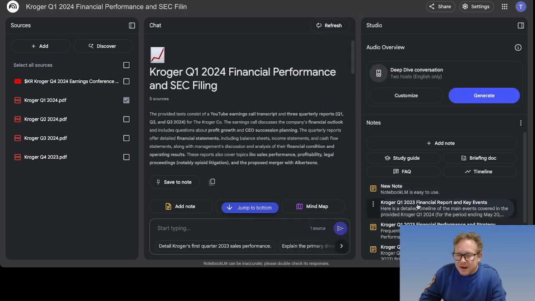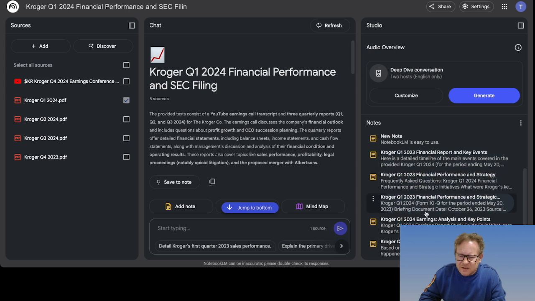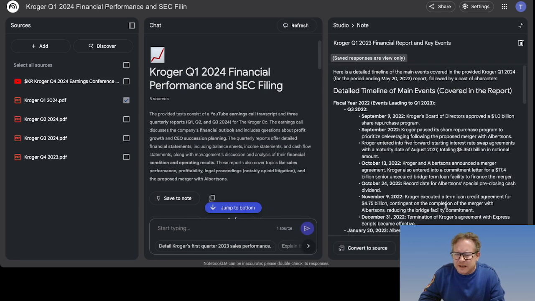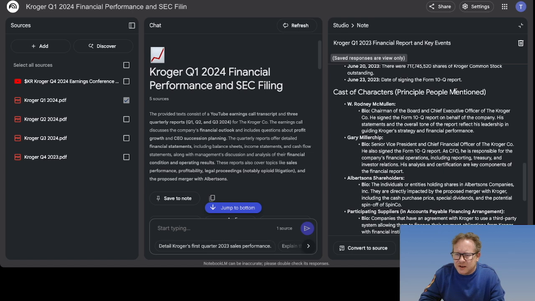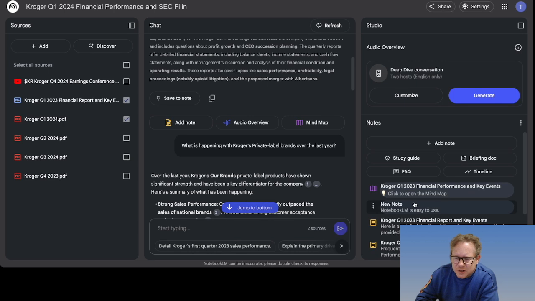Now, one of the things that you might have noticed in these documents is the ability to make any one of these items a source over here in the source section. So for instance, if you saw something in the timeline that you thought was really interesting, maybe you like the fact that it gives you a cast of characters here, go down to the bottom and you can convert it to a source. And you'll notice, once I clicked on that, the source appeared over here. That's pretty much it for the notes section,